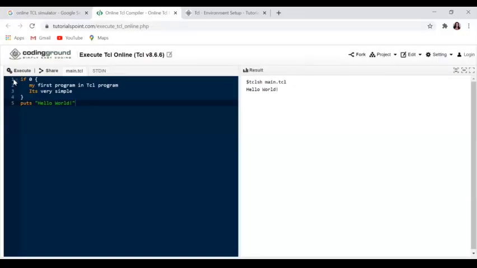Now we will see one more program. I hope it's getting clear. I have one more program where we are going to find out the value of 3 and 2. This is a command line I have given where it is going to print the value of 3 and 2. So here if I execute, you can see 5. So this is the command for how we are going to utilize the expressions.